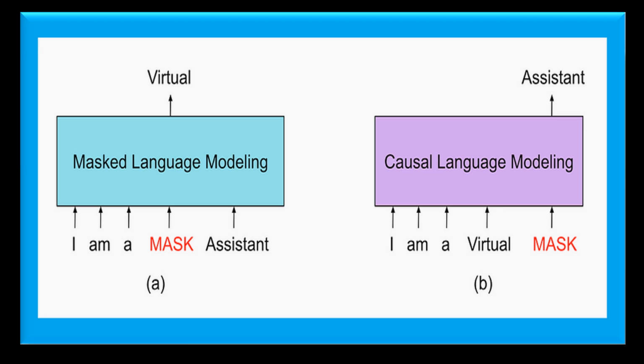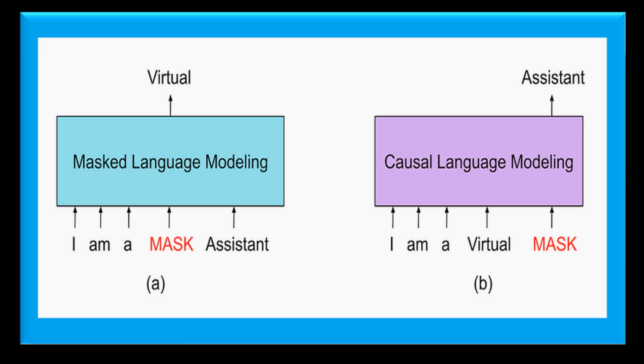Next comes masked language modeling. Masked language modeling is a training technique used in transformer-based models such as BERT, RoBERTa, and GPT-3. The goal of masked language modeling is to train the model to predict masked or hidden words within a sequence of text. This allows the model to learn contextualized word representations, which are crucial for downstream natural language processing